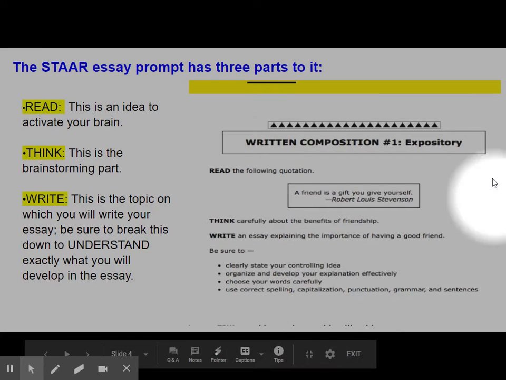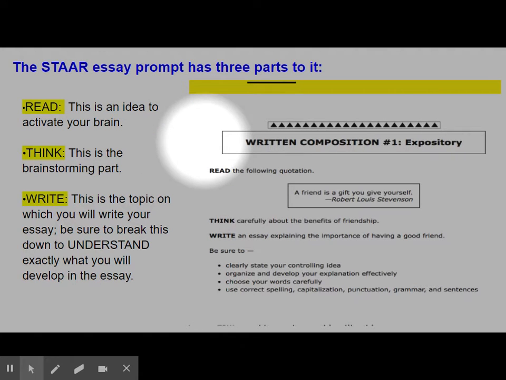On the right side of the screen, I have a sample STAR prompt. This was the prompt on the 2017 STAR writing test for 7th grade. If you notice, it even says expository at the top. This is what your prompt is going to look like when you take your STAR test or any CDBs that require you to write an essay. On this other side, I made some notes on what these words mean, what the significance of each section is